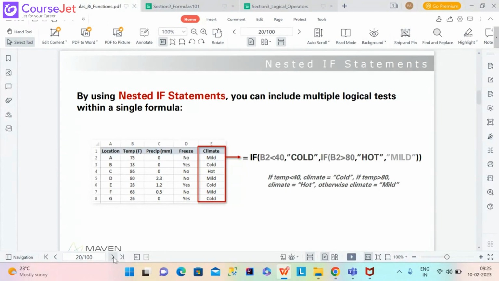Basically we have another logical test here based on a temperature field in column B, but instead of just asking if the temperature is less than 32, yes or no, we are asking two questions. We are saying it is less than 40, if not,